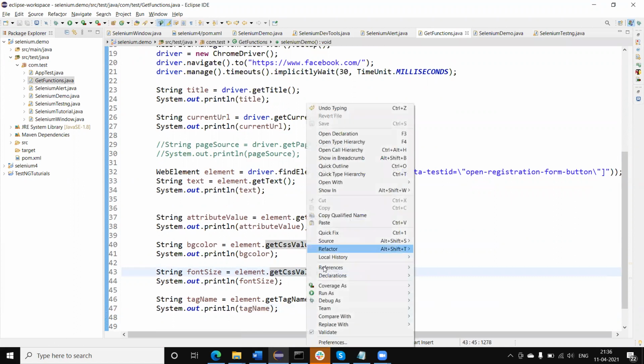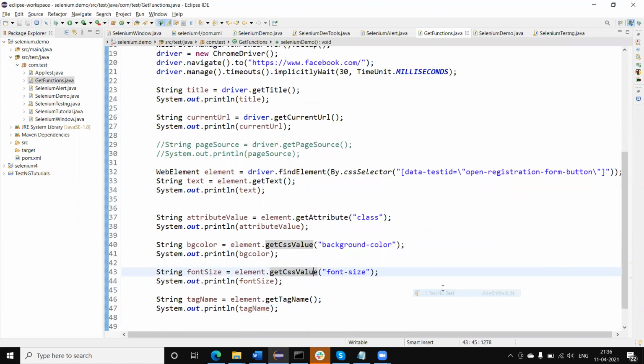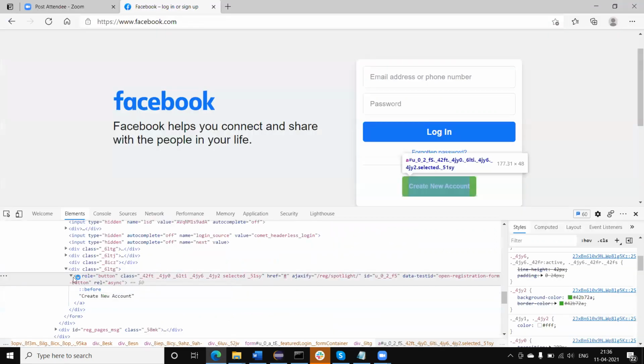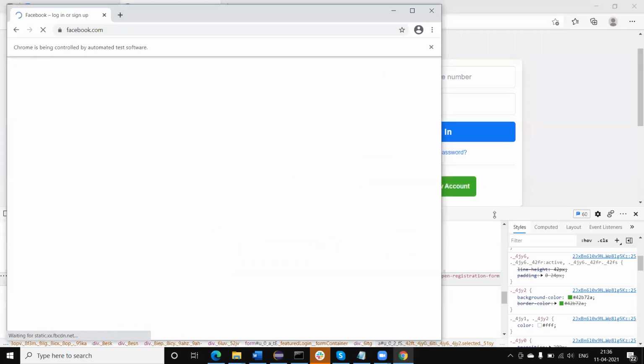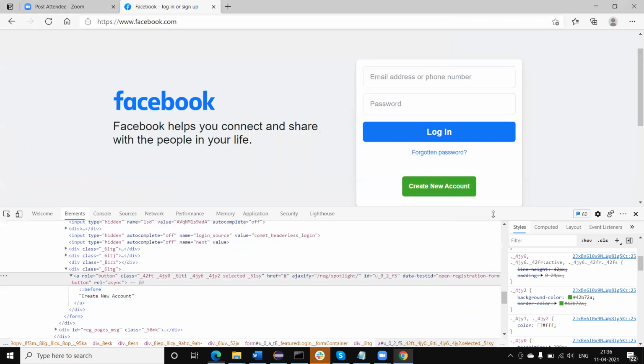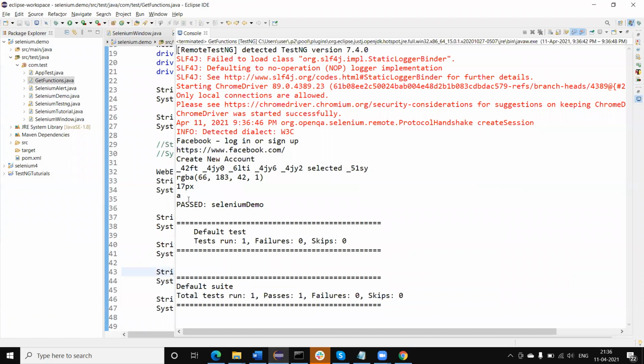Let me run this now. So its tag name is A, right? So this is the HTML tag name, and this will give us the tag name of the corresponding element locator. Its tag name is A, so we will get A here.